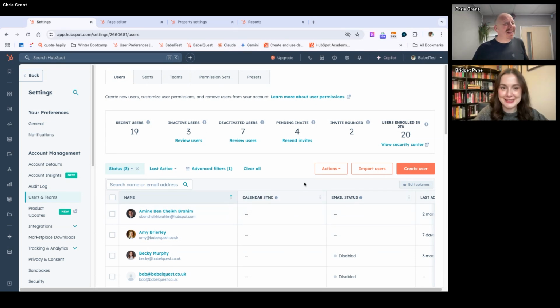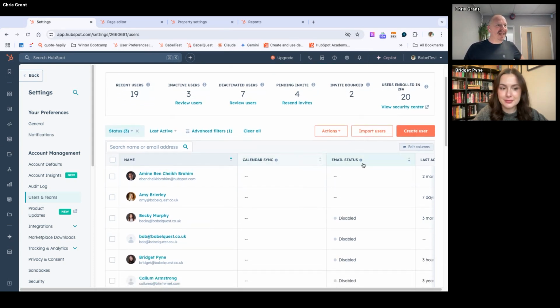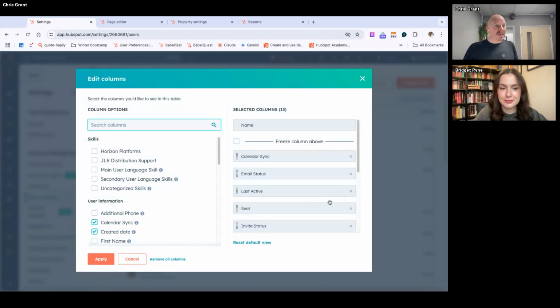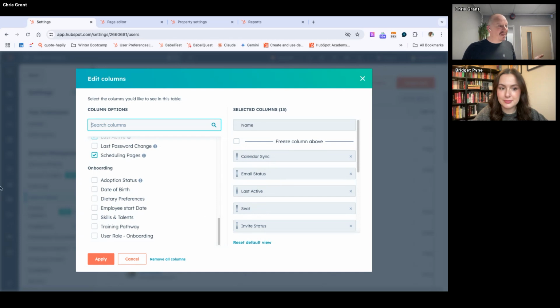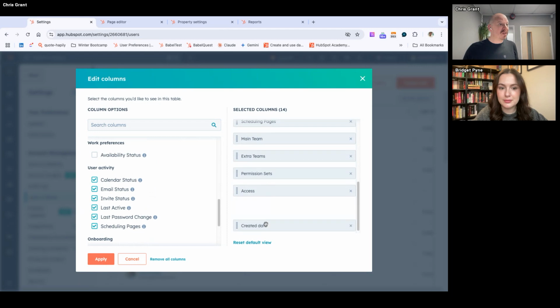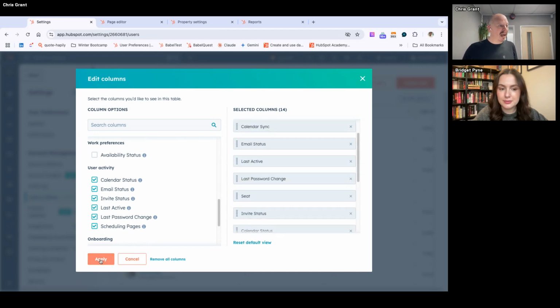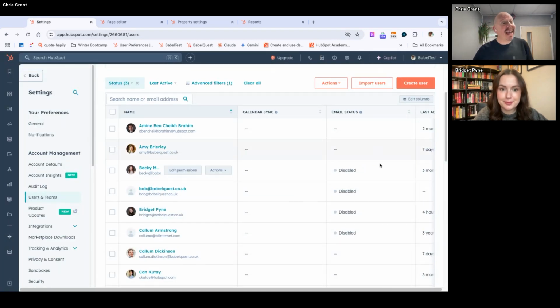One of the things you should do as the person running the portal is make sure that your user table, like we can see on screen, is customized. Here you're actually customizing for yourself, but I've seen lots of cases where people haven't done this. I like to be able to see name, calendar sync, email status, and last active. First and foremost, they're great. We can add other ones. If we're worried about security, we might add last password change. We can apply that, and here we can immediately see